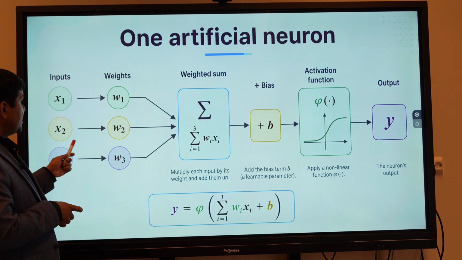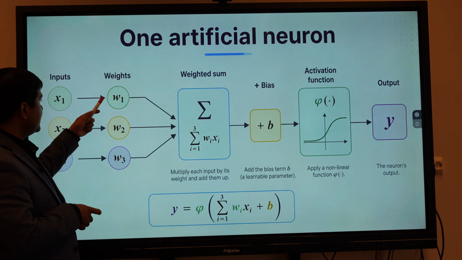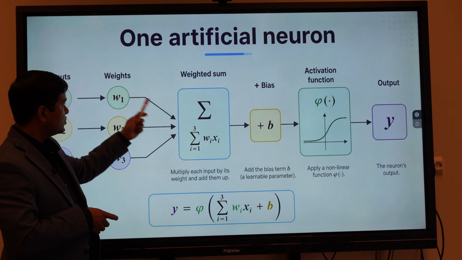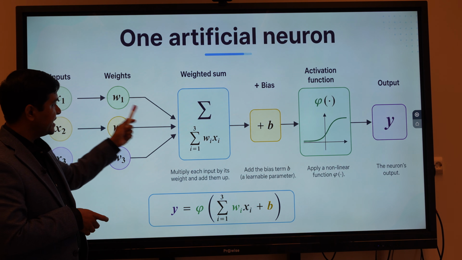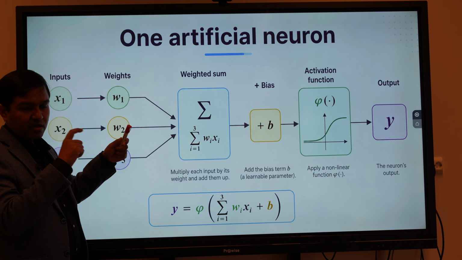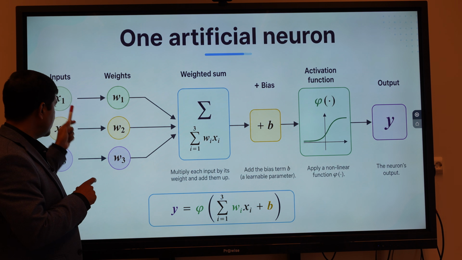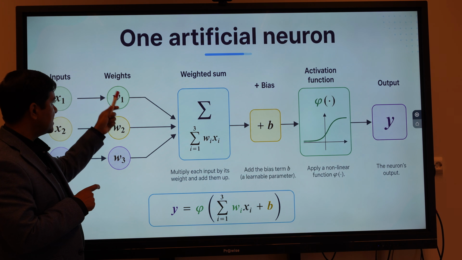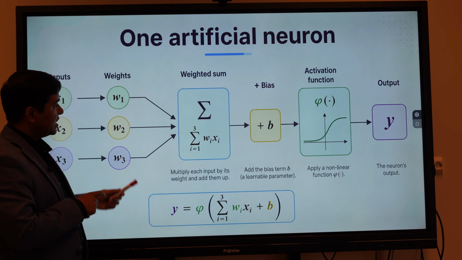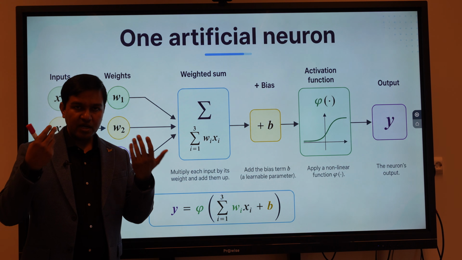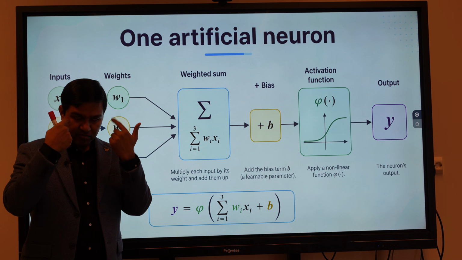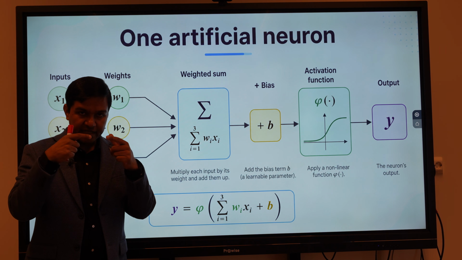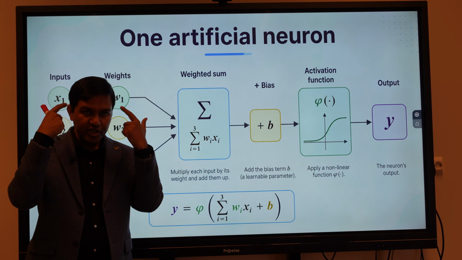An artificial neuron basically has inputs and connections, and whatever connections there are, those are measured using weights. So if there are 3 inputs, there are 3 neurons, and these neuron connections have weights. Like in our eye, we see a lot of data coming in and combining together, and that combined data goes to form our images.